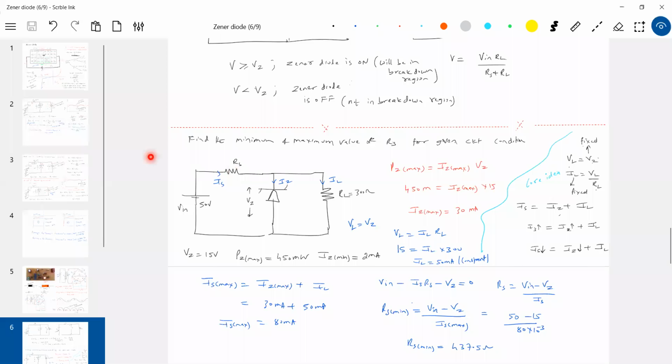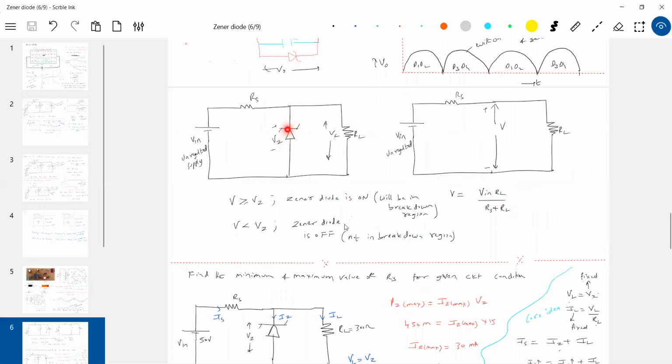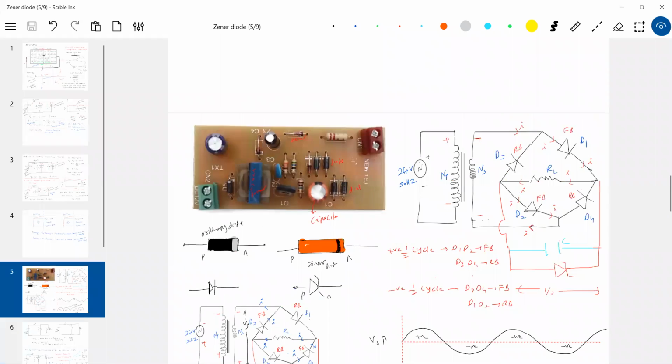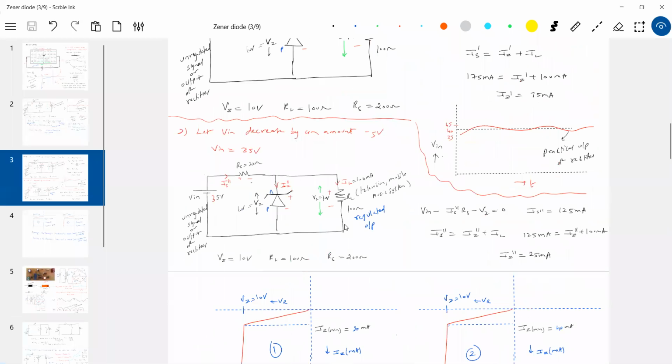Next again, the Zener diode. Any Zener diode, can you come and keep it here? No, it should satisfy this one, if you want it to be used as a regulator. Next again, we have this one. The Zener diode is fixed. This is fixed. This is fixed. What voltages can it regulate? So I'm just putting 32, 35. Maximum voltage it can withstand. Like this we have put it.